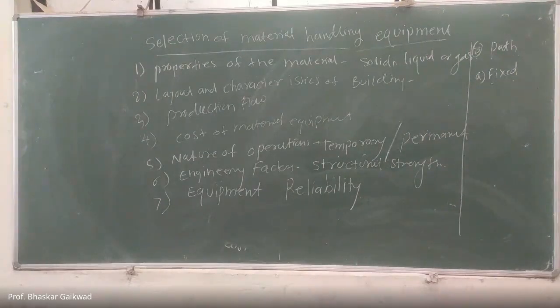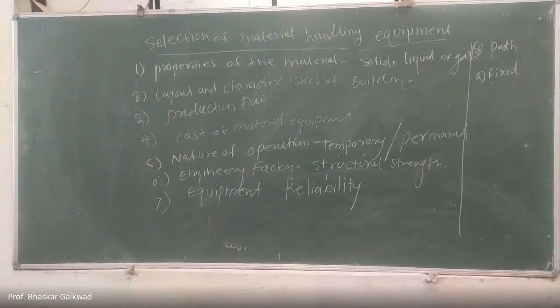Which type of industry building is there? Maybe horizontal expanded or upper tier, just like in a big city, different types of floors are there, different types of layouts are there. So you can study about this. Then a production flow may be continuous or batch type of production. Which type of production is that, you can see.